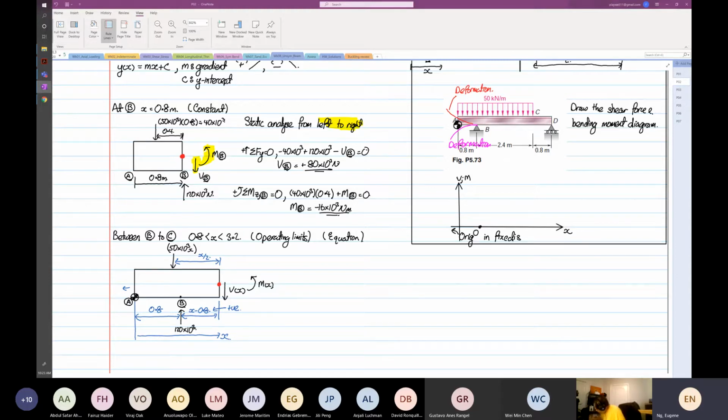So positive. Again, we are going to do static analysis from left to right. Okay, see again, the sequence repeats itself. Forces in the y direction is equal to 0. Okay, so summation. So we will have a minus 50 times 10 to the power 3, right? Then we have a plus